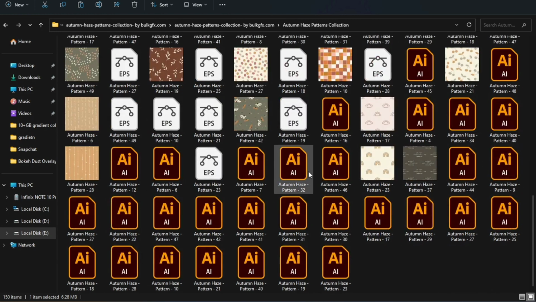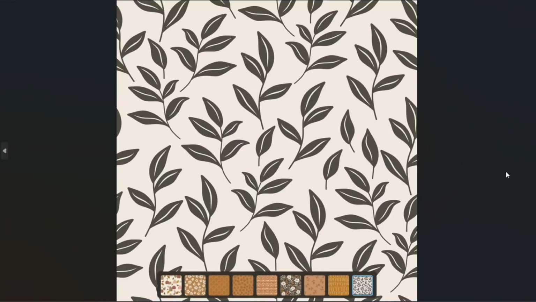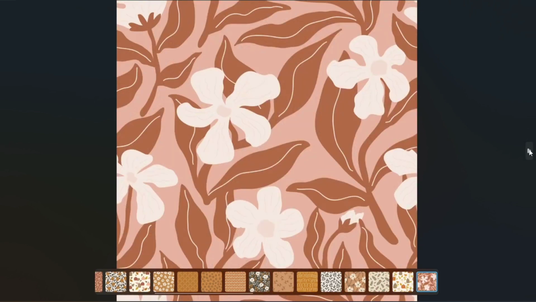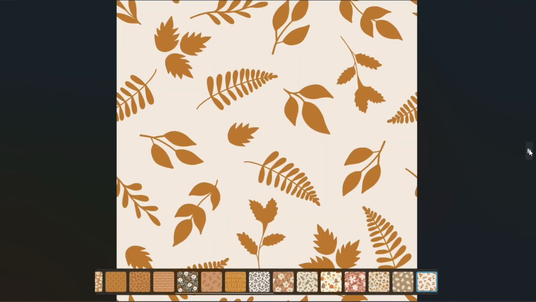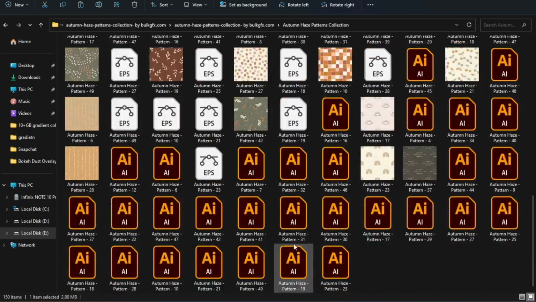So these are other formats: Illustrator, patterns. Every pattern is named, like pattern 37, pattern 23, and